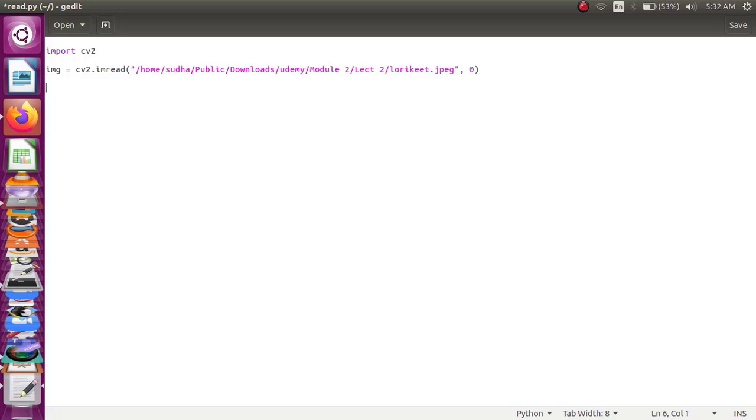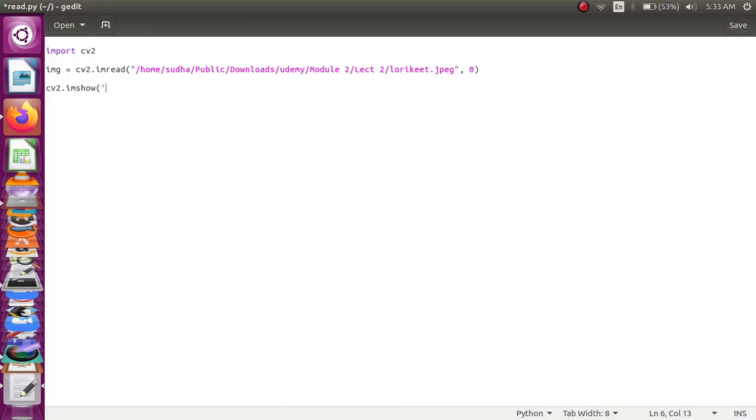The next command is the display command. Once the image has been read, we have to display the image. The command used here is cv2.imshow, which means showing the image. Here we have to specify the name of the window.